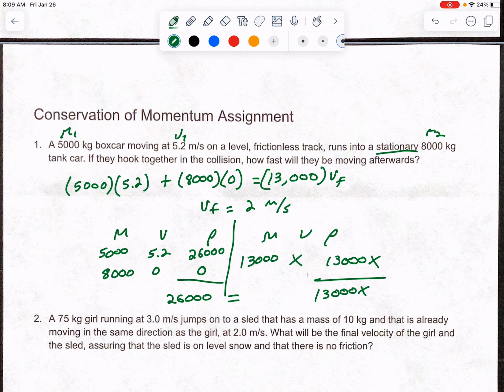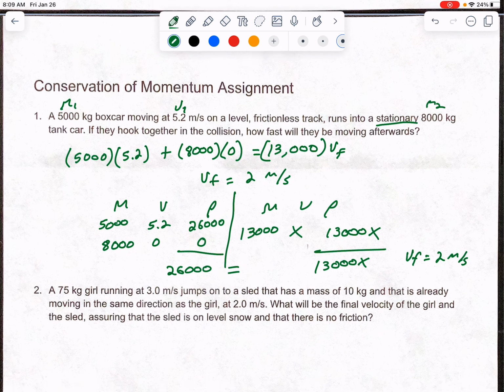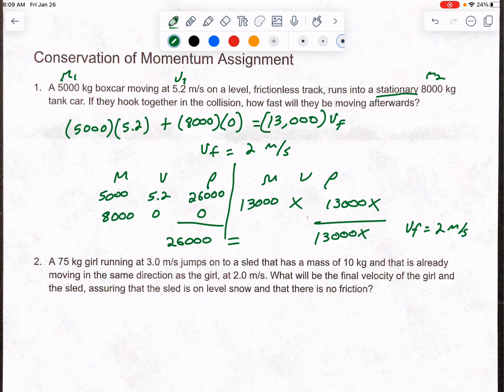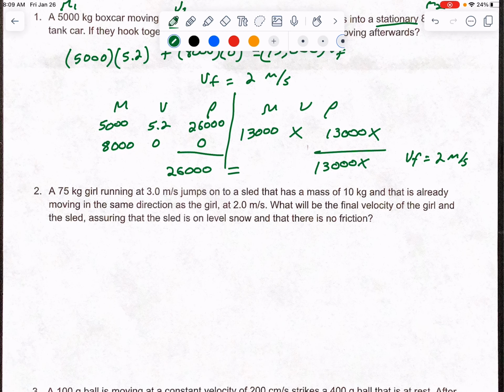So 26,000 equals 13,000X. Divide both sides by 13,000, and you get 2 meters per second. Okay, so that's if you want to do the MVP way. Either way works. I do the equation way, so I'll do a couple of MVPs on here, but